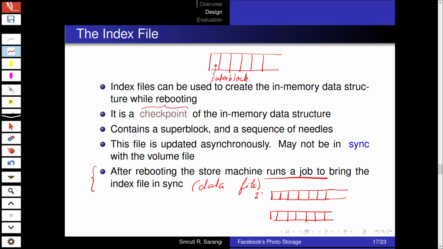So let's say the data file is at 200 updates and the index file has seen 190, then we know that the 10 most recent updates to the data file are not there in the index file. That is subject to the fact that we apply the updates in order, and given that the data structure is also inherently sequential, this can easily be done to simplify the entire process.